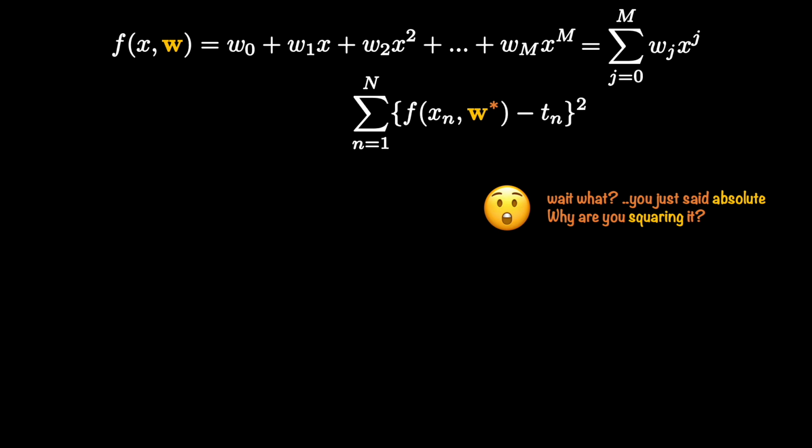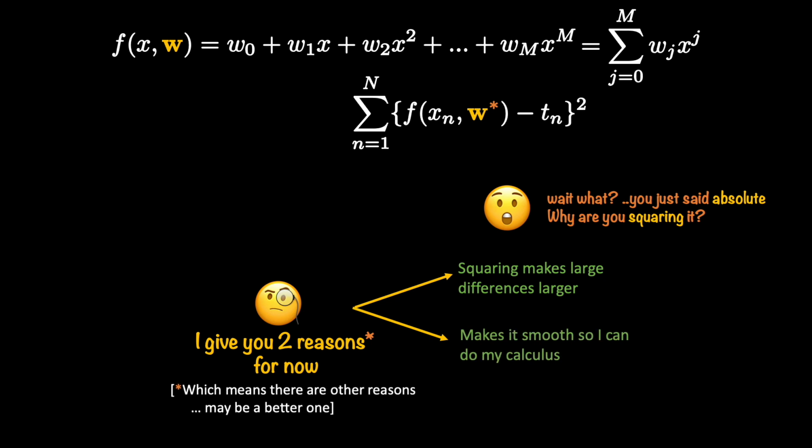Now, why square and not take an absolute value? Because taking an absolute value would have also made the errors positive. I'm giving you two reasons that should help you make peace with it for now. A better reason will be revealed in part 2 of this series. The first reason is that squaring emphasizes larger differences. It makes them more prominent and makes them stand out. Sometimes it's dangerous, by the way, but quite often very useful. And the second reason is that a square function makes our derivative calculus easier to do.